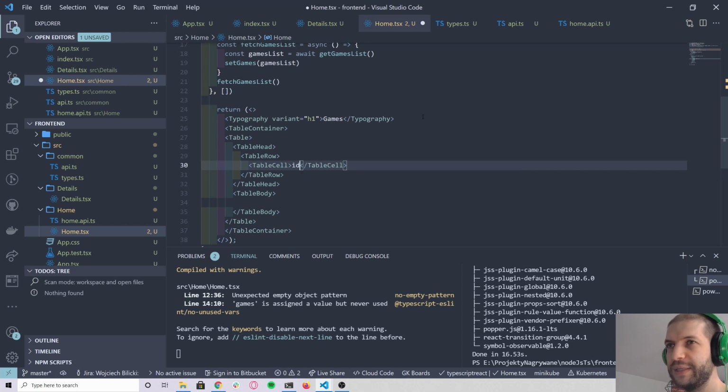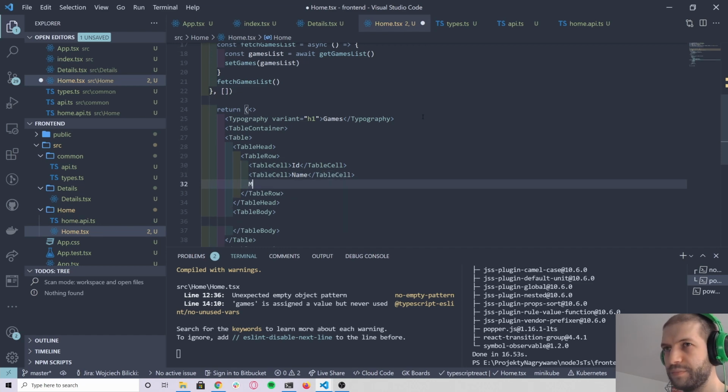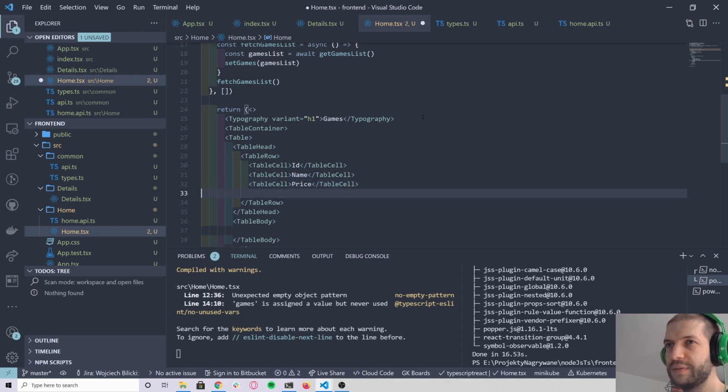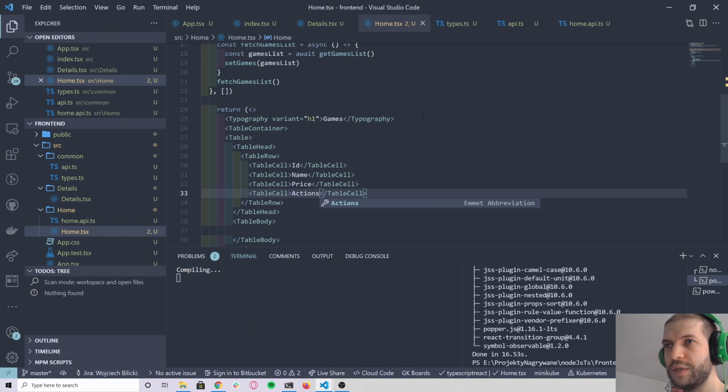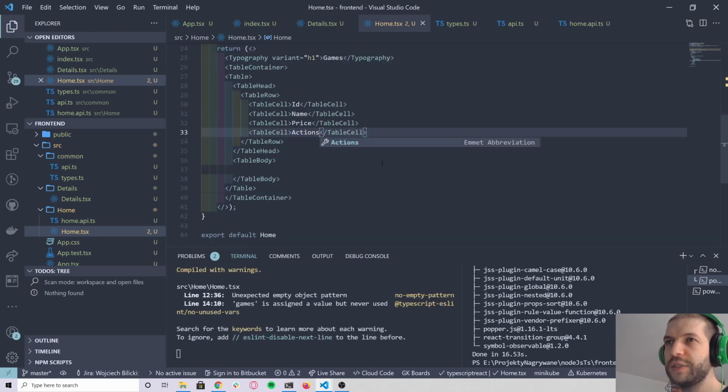the one with the ID, the one with the name, and the one with price. Yeah, makes sense. And maybe the one with special actions. Okay, so